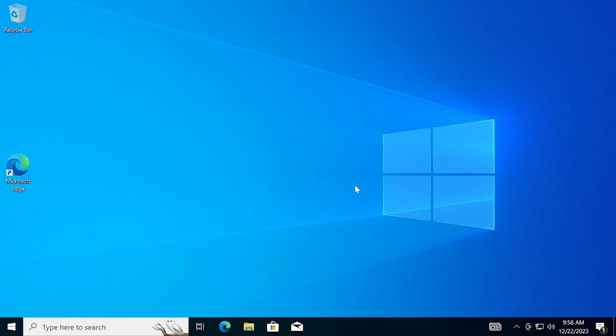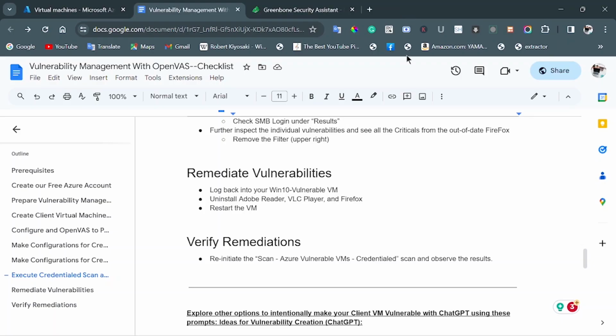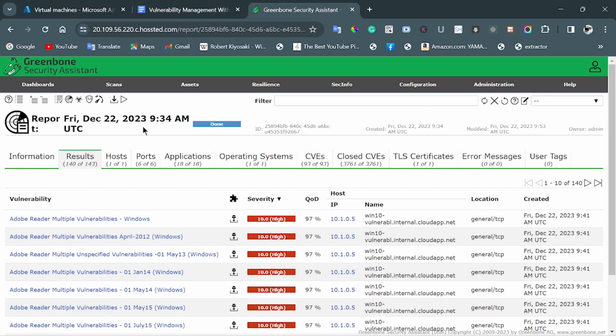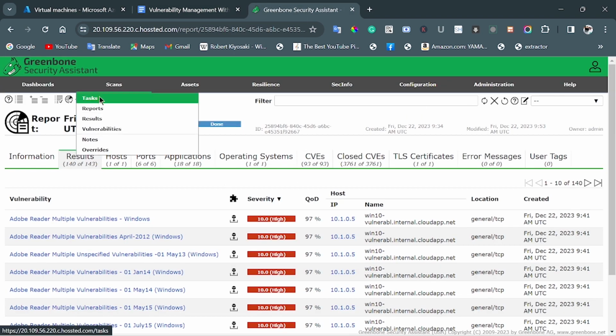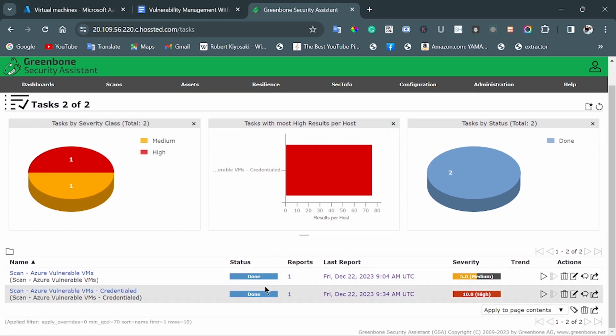Okay, so what we'll do now is go back to OpenVAS, and I'm going to go to scans, tasks, and I am going to run a credential scan again to see if the apps we uninstalled helped in resolving or taking away the vulnerabilities we have with our VM. So I'm going to click on the play icon once again,